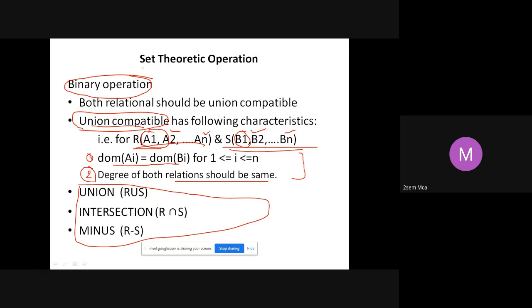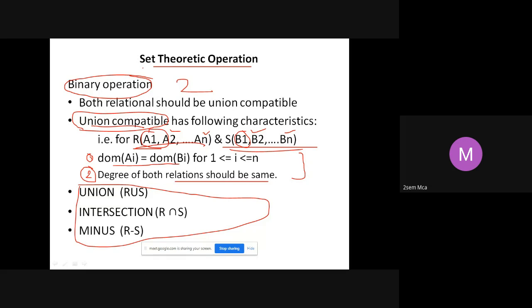If they are union compatible, only then you can apply the set operations. Okay, let me repeat again, it's a very important point. First of all, set operations are binary operations, which means you are going to apply them between two different tables. In order to apply the set operations, those two tables should be union compatible.